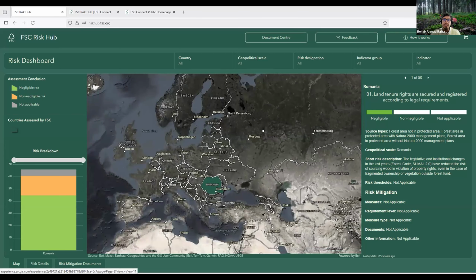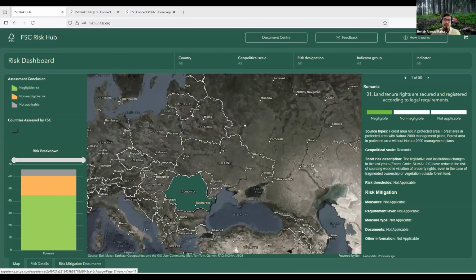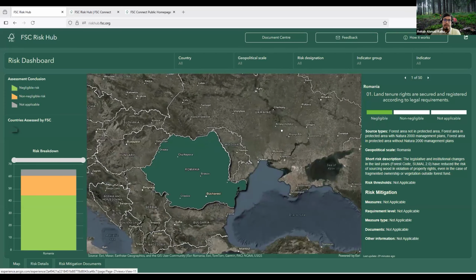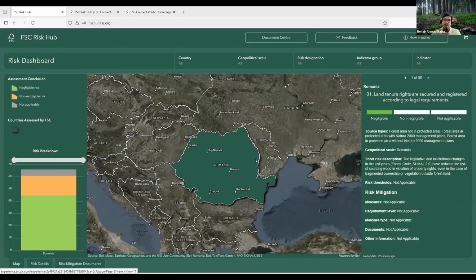As you notice, in the center of the screen, there is a map, and one of the countries is currently highlighted, the Romanian one, because currently only the Romanian risk assessment has been approved, and thus the data is available in here.